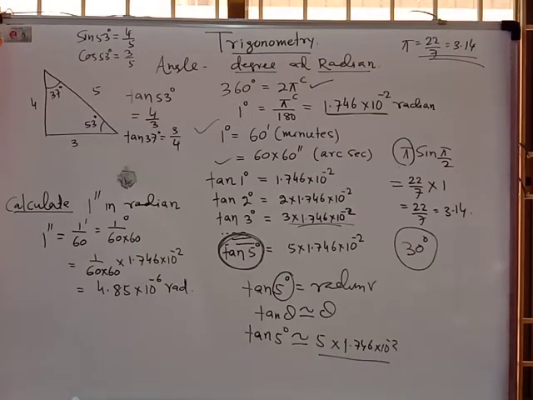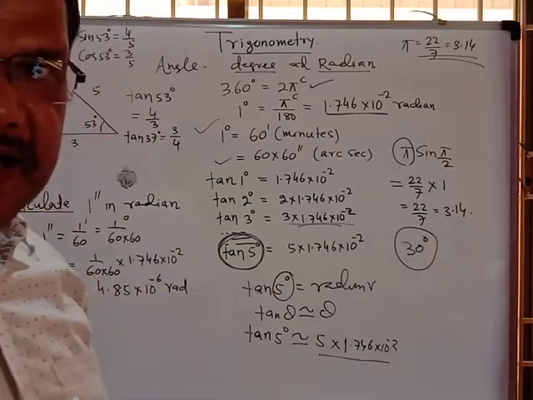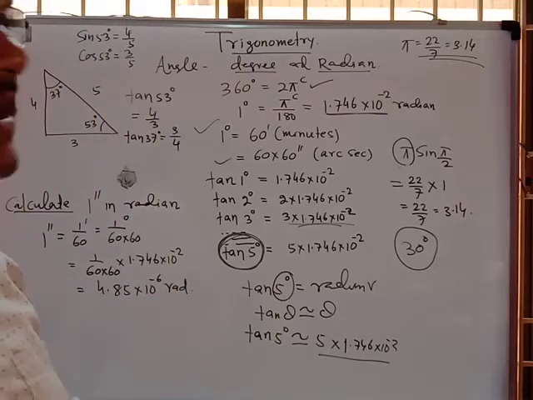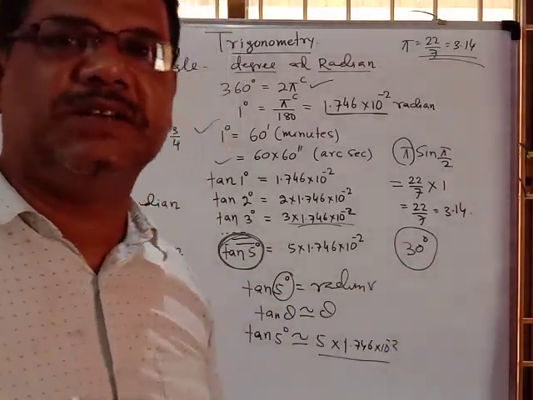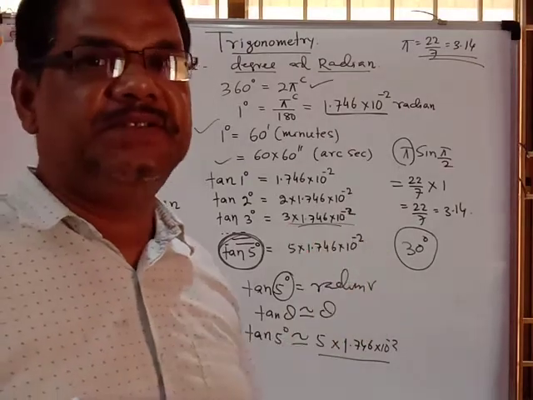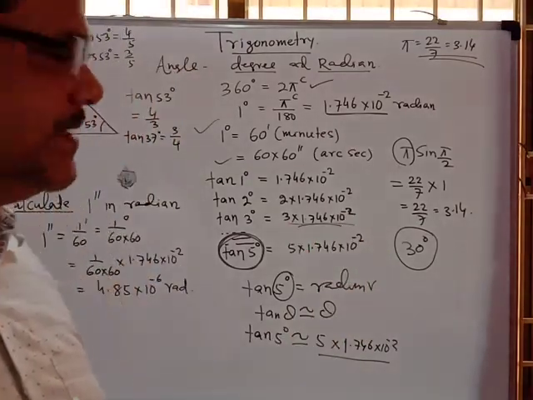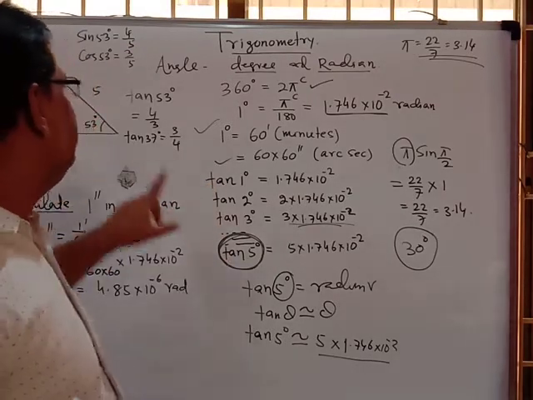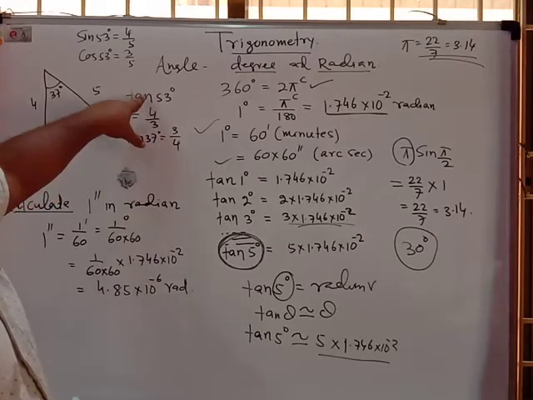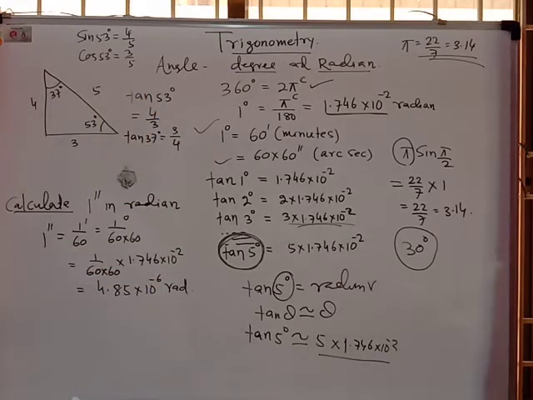So what ideas are you getting from here? That for 30 degree, 45 degree, 60 degree, 90 degree, 120 degree, 135 degree, 150 degree, 180 degree, you can get it from the trigonometric ratios. These are the different angles for calculation. You may not know them, but they are sometimes used in physics, that is tan 1 degree, tan 3 degree, tan 5 degree, tan 15 degree, and tan 37 degree, and tan 53 degree.